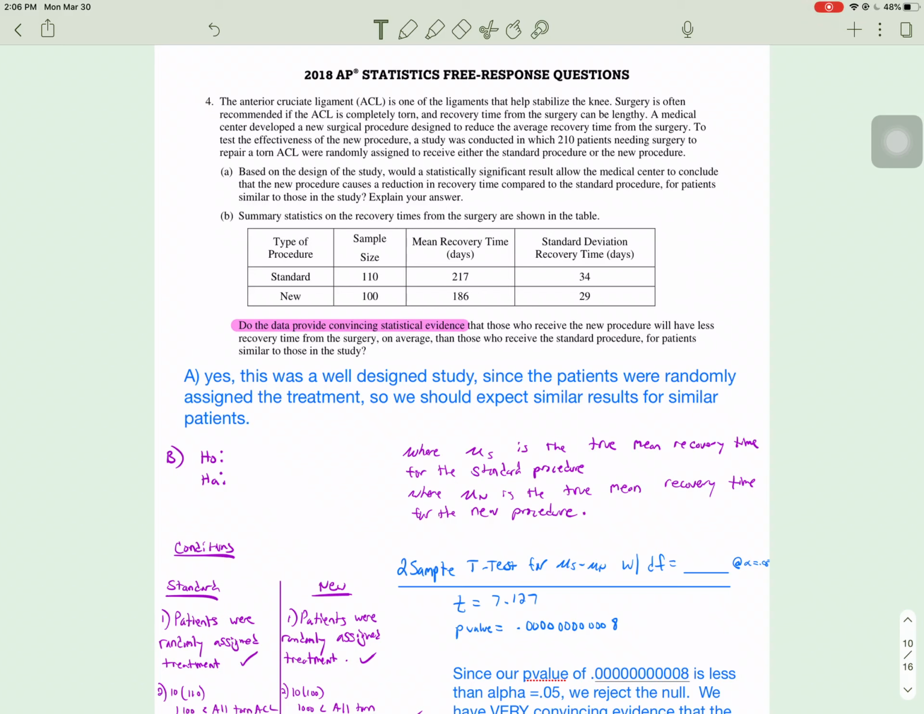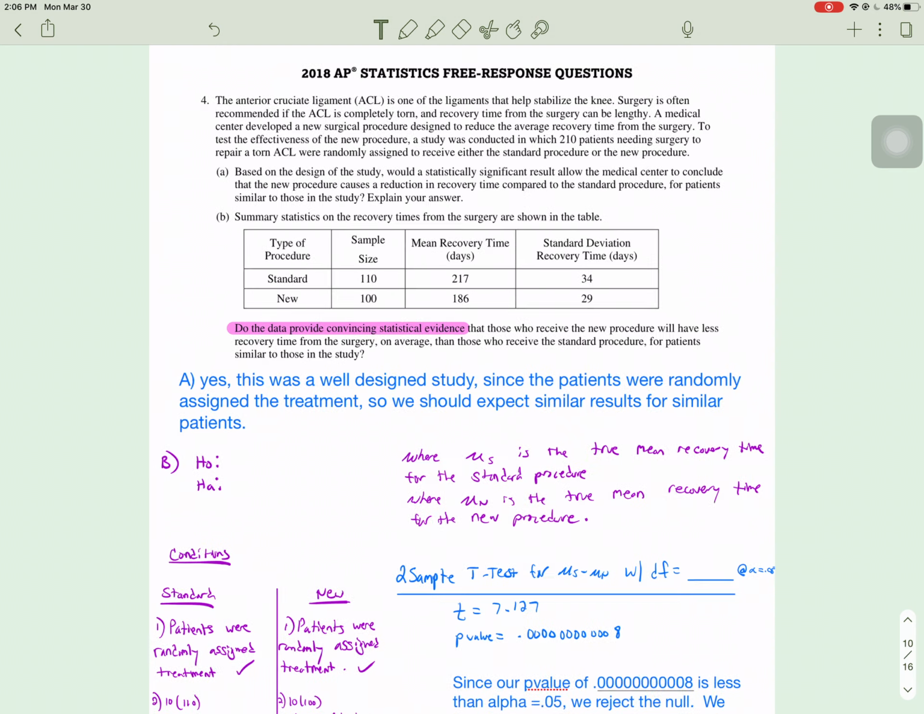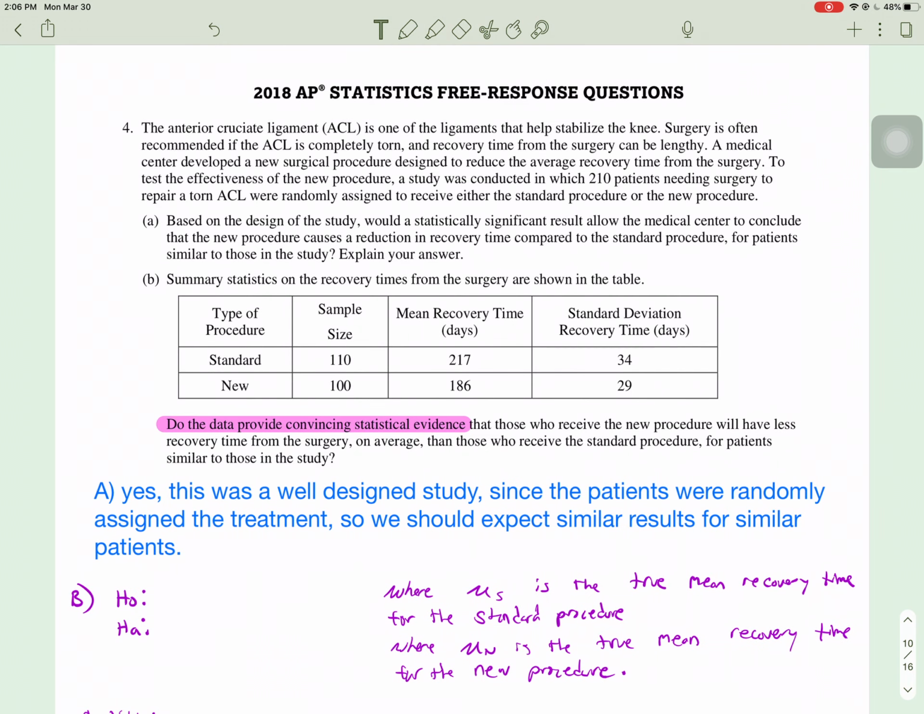All right, so question 4 is the significance test, and it says the ACL is one of the ligaments that helps stabilize the knee, and surgery is often recommended if the ACL is completely torn, and the recovery time, you may know this, for a torn ACL is pretty long. So they designed this new procedure to help make recovery time a lot faster,